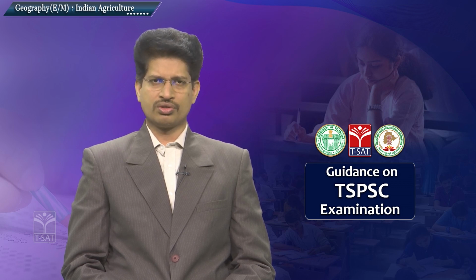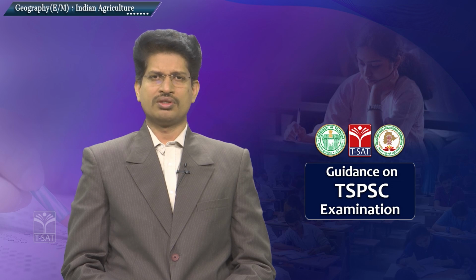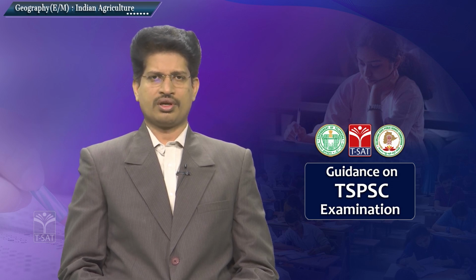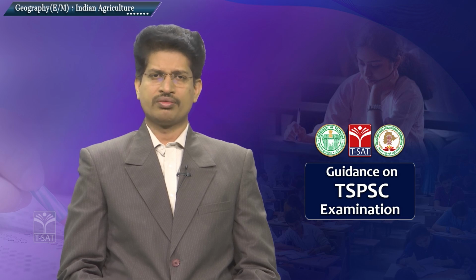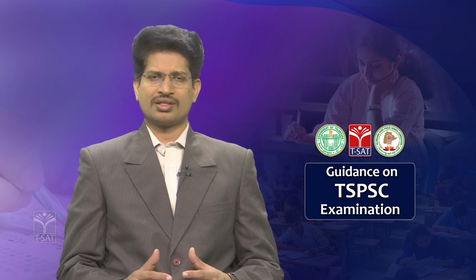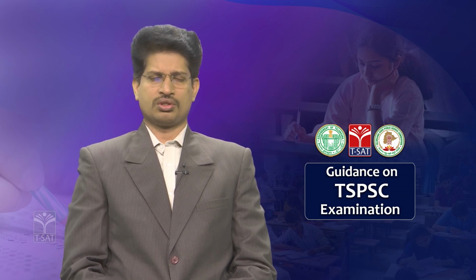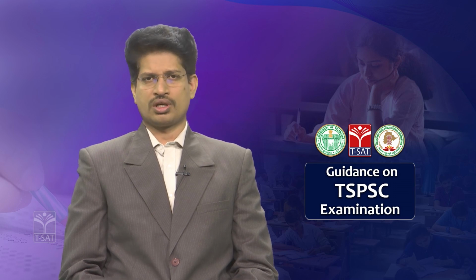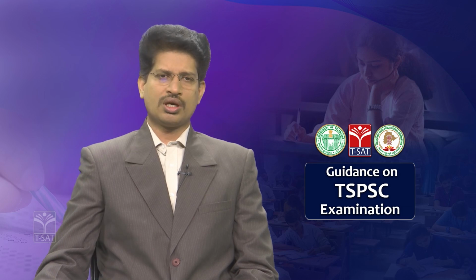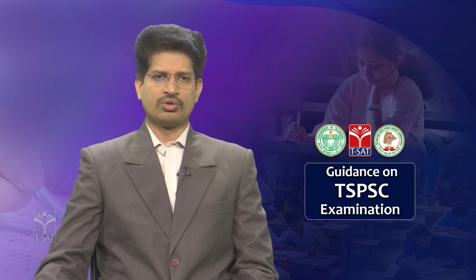Because of this reason, we are able to cultivate cash crops like pepper, tea, coffee, cardamom, etc., because we are supplying the required essential nutrition. These are the poorest soils, and we are cultivating cash crops here. So, to know about Indian agriculture, we need to know about the conditions of the different types of